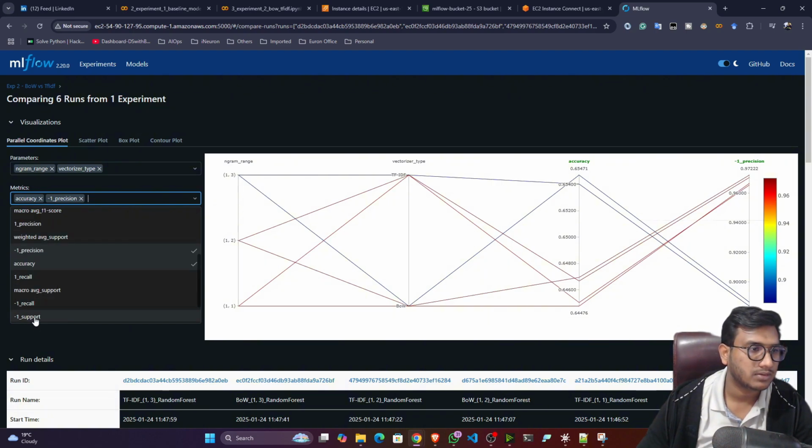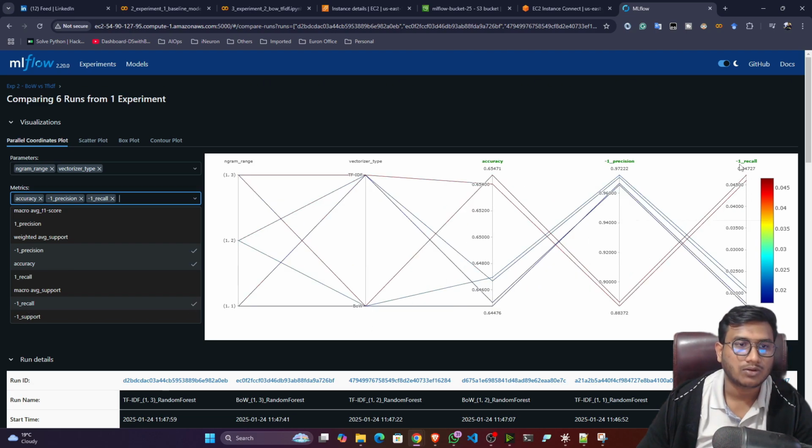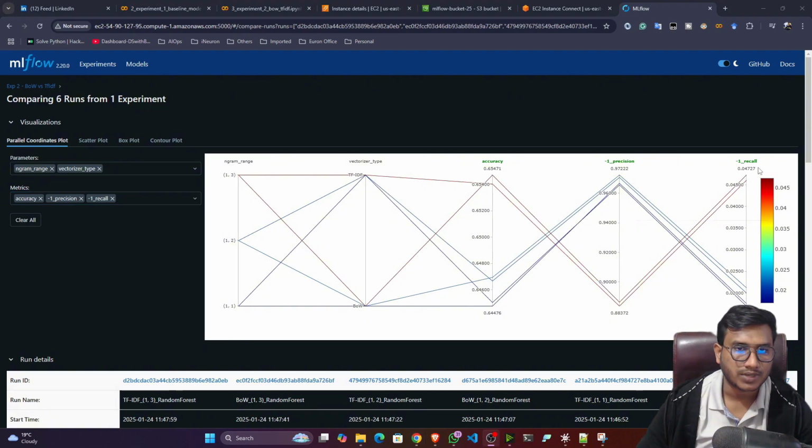So let's select the negative class recall. Okay, now for the recall you can see it has been changed. So you can see I'm getting the highest recall with this model. So TF-IDF with the bigram settings. Okay, TF-IDF with the bigram settings, guys. Okay, so this particular setting we'll try to use. Okay, and here I'm getting, you can see, higher recall, because I don't need to rely on the precision,